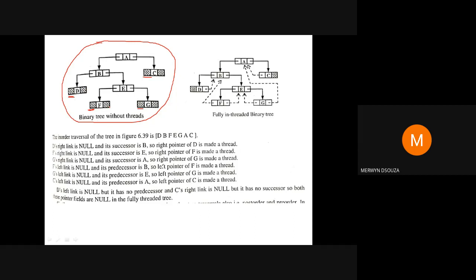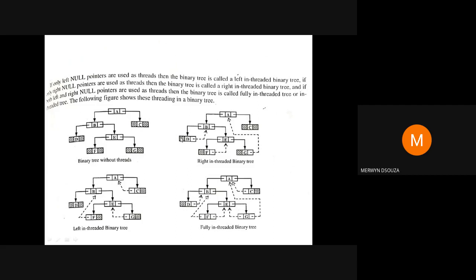So basically, after you finish drawing, the answer is given here. Okay, it should look like this. When you finish drawing, now you need to practice this. Okay, this is your answer. So basically, only the left side is going to have threads. Okay, that is your dashed arrow, left side. Okay, only these nodes, that is your F, G and C, the left null value of the pointer can be replaced with the address of the predecessor. For D, D is not having predecessor, so it will remain null.